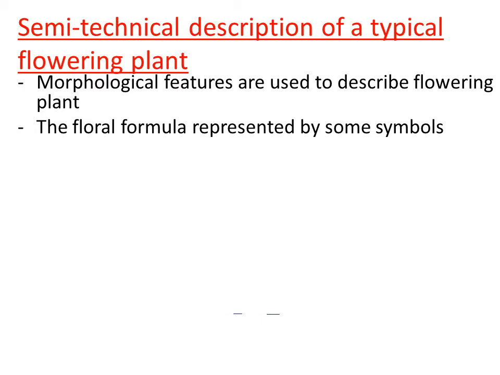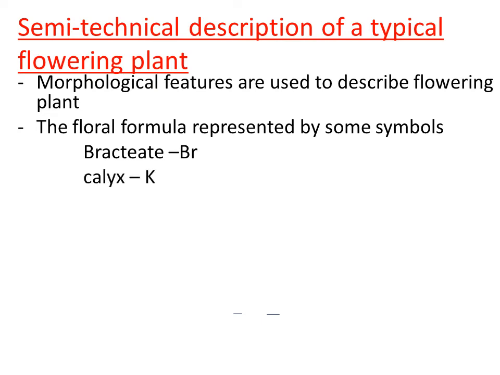To express the bracteate condition of the flower, we use the symbol capital B small r. So Br is the symbol used for a bracteate flower. If the bract is present in the flower, it is called a bracteate flower, right? Suppose the bract is absent, that condition of the flower is called ebracteate. Clear? For ebracteate, we use the symbol capital E, then Br.